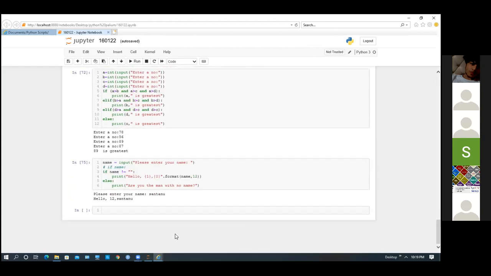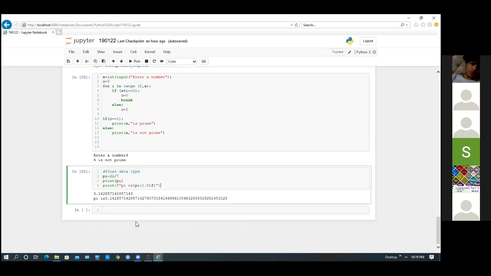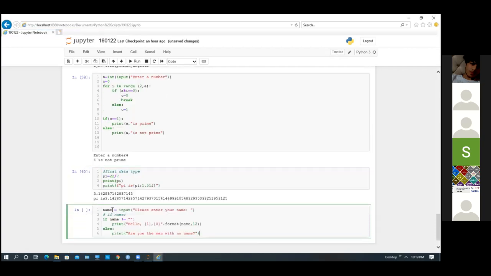Okay, this we will be doing. Also, one thing we can do. Paste it. So here what we are doing, we are learning how to write this dot format inside print. So what does dot format do?